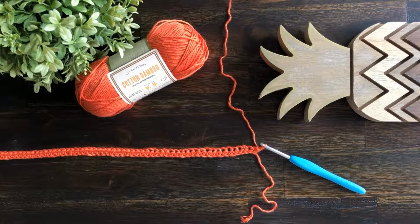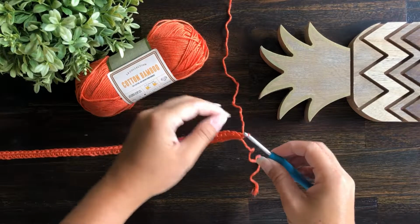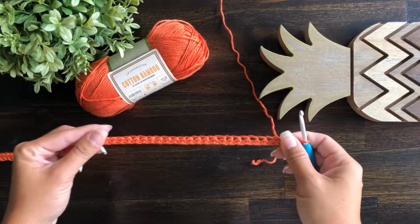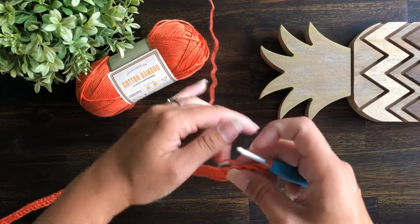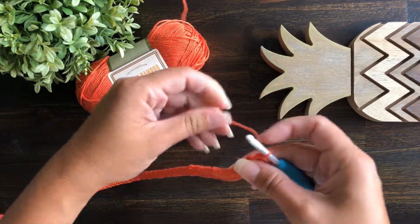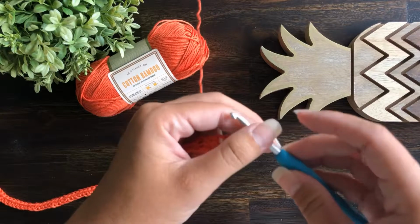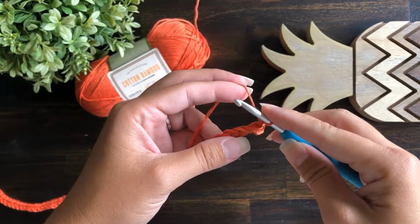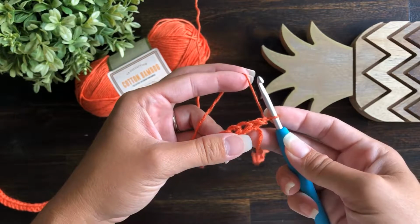Okay, so here we have row 1 of the pattern already completed, and this tutorial is going to follow the extra small version of the pattern. So we're going to go ahead and continue on with row 2 now. And row 2 calls for 8 half double crochet to begin the row, and I've already chained 1 and turned